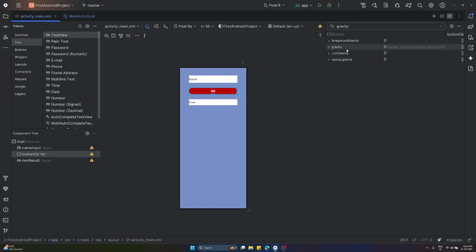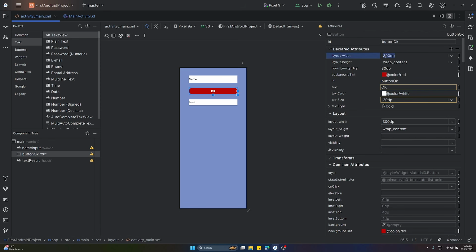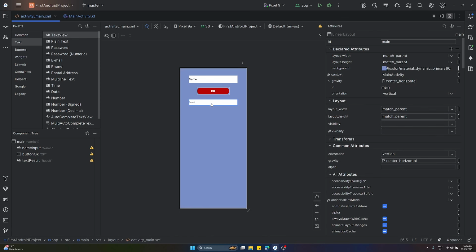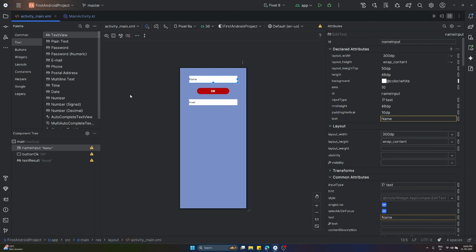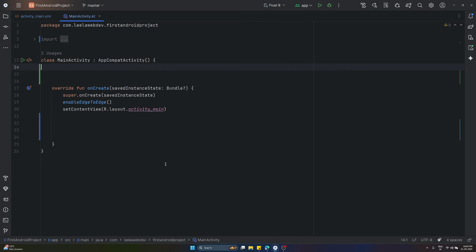And if you want to decrease this one to 200, we'll try to make it 200. So this one looks somewhat fine. Let's keep it. So now this one is looking somewhat better, right? So this one is the text result, this one is the OK button, and name input. Let's go to our main activity, and here I will try to take private lateinit var